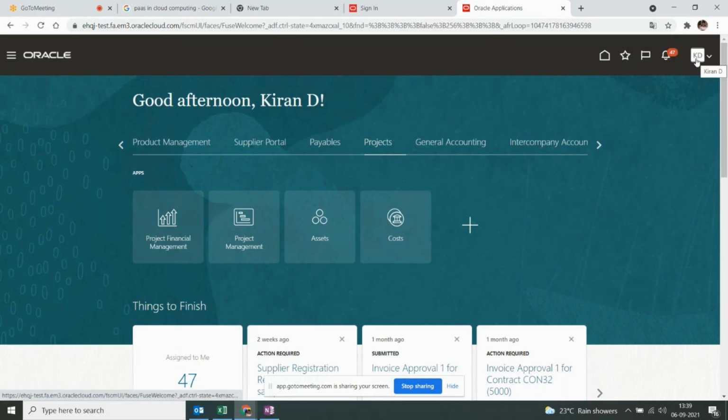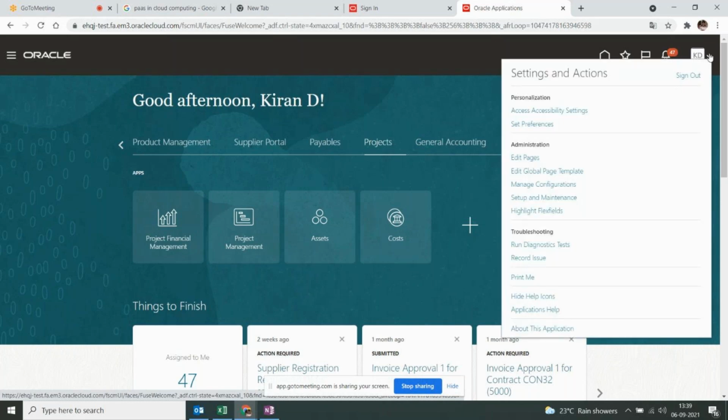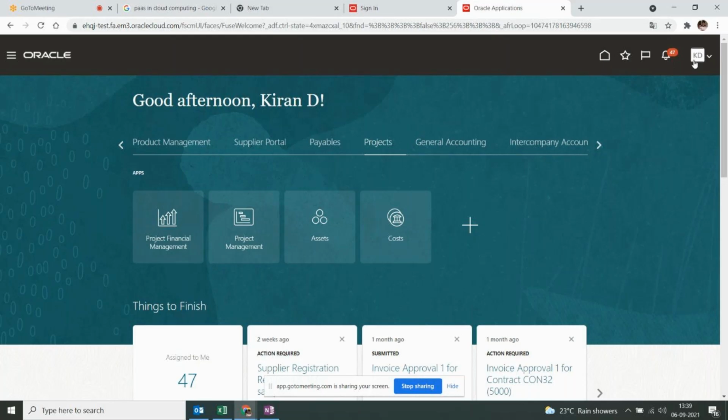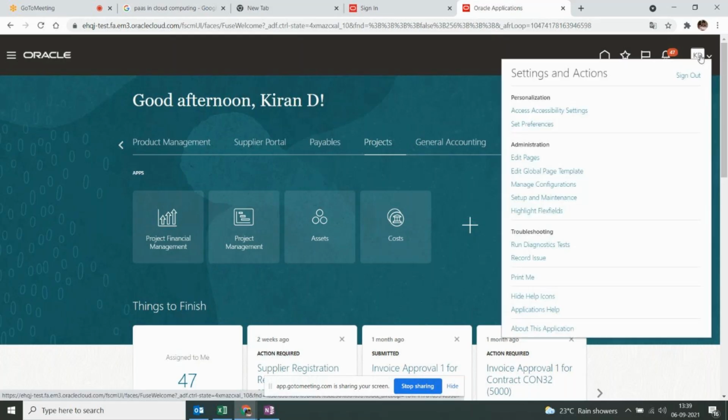Okay, so let's go to the next thing. If you see here, the username, KD, this is Kiran. Beside the username, you can see a drop-down arrow, right? That is the user menu. You can click on it, the user menu. Then you can see